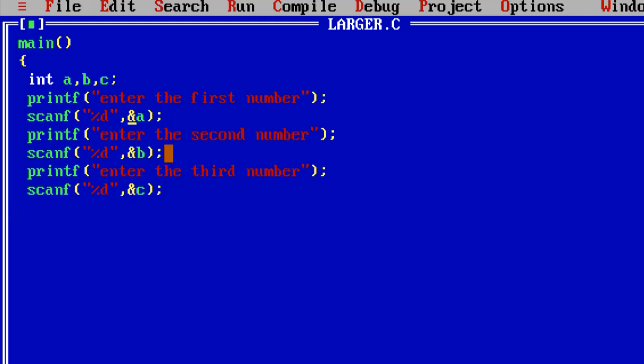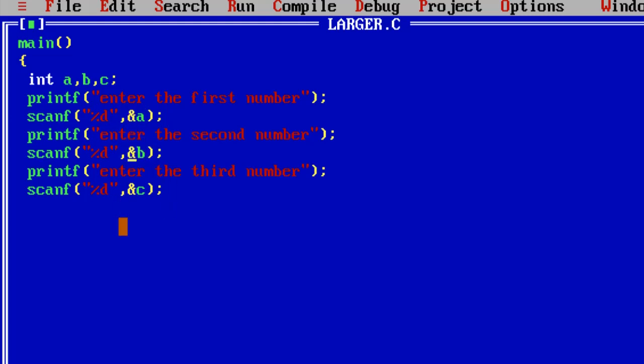Whenever we input a variable through scanf, we have to use this and sign, because and sign means we are getting the variable with the address, because inside the memory the variable is residing at a particular location. So one must always remember this.